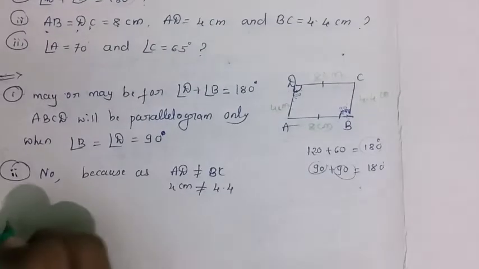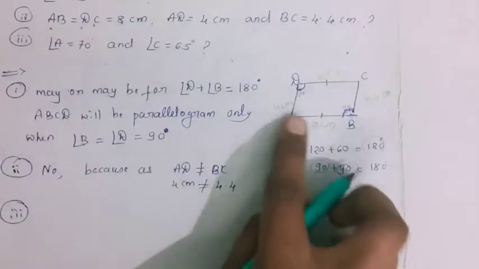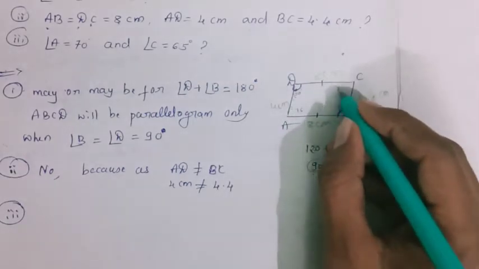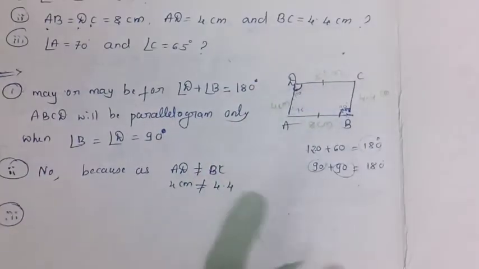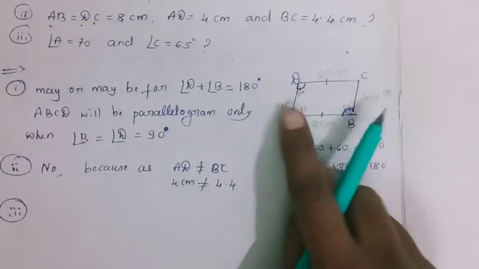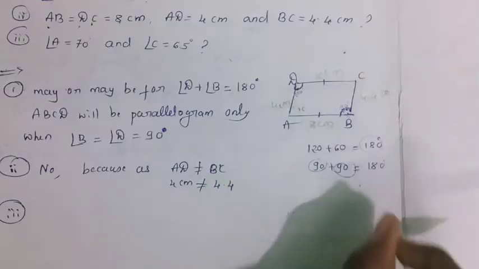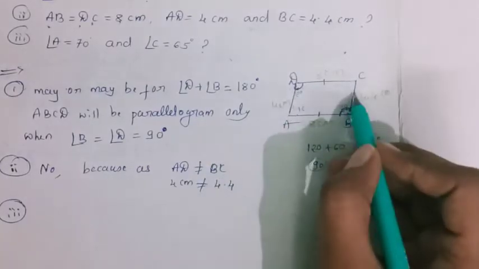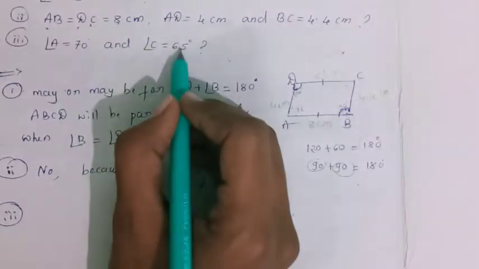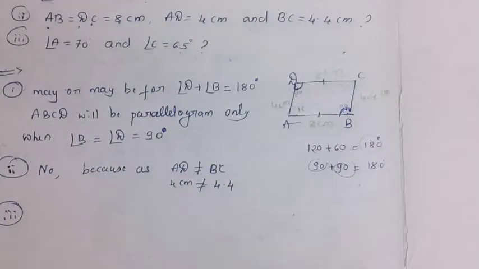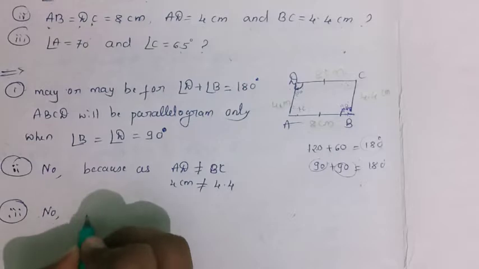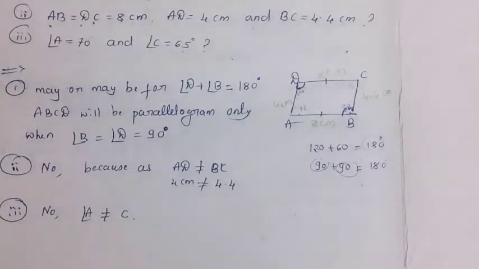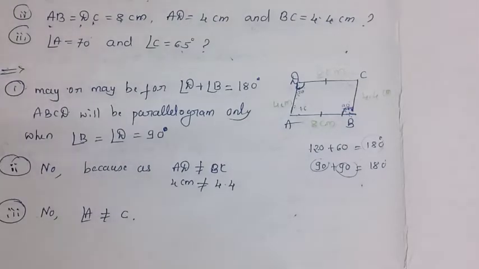So we will say. And third point, angle A is 70 degree. So this one they have given, angle A is 70 degree and angle C is 65 degree. If the angles are different, whether it is possible to form a parallelogram? No, because in a parallelogram the opposite angles must and should be equal to each other. So if angle A is 75, then this should be 75, but they have given angle C as 65, then it may not be a parallelogram. So no, it is not possible, because angle A is not equal to angle C. So this is about your third question. The remaining we will solve in the next class.